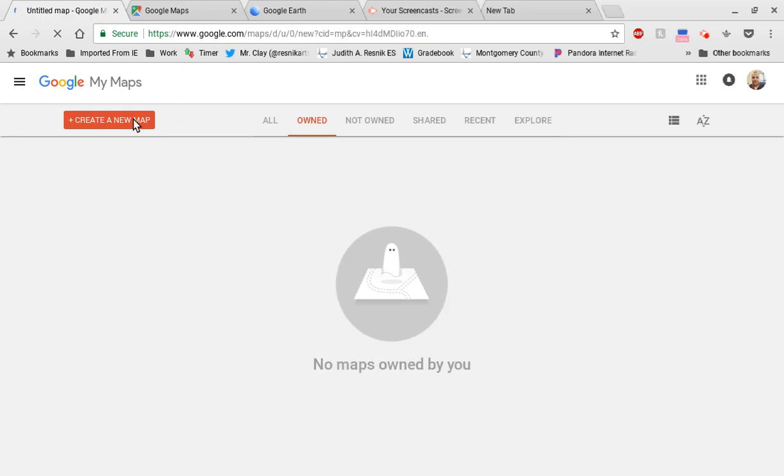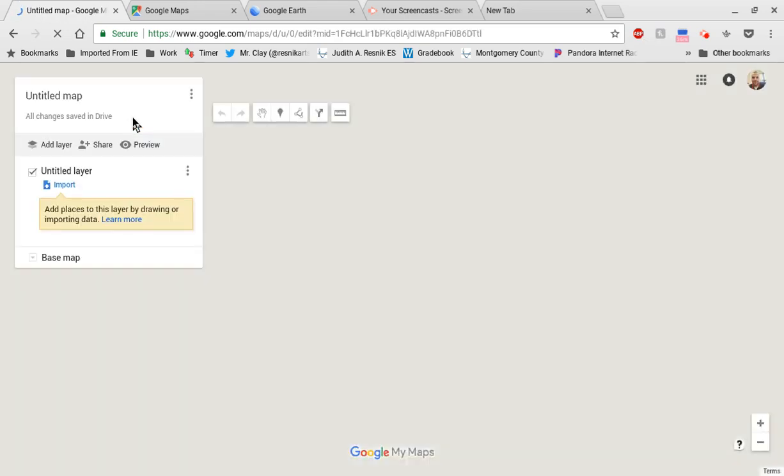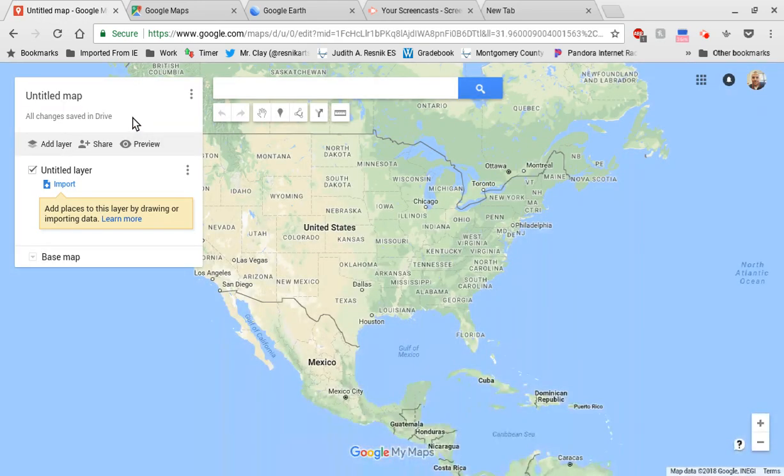Create a new map. And so you have a panel over here, and this is where a lot of your information is going to be saved. And you have your map and some different features and tools right here. So let's just say we want to do something about football stadiums. So let me type in